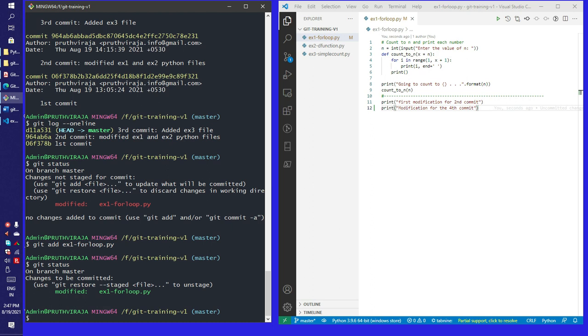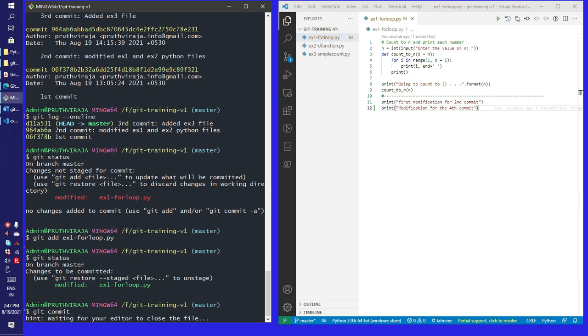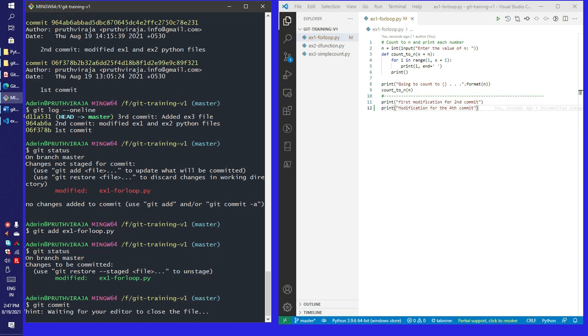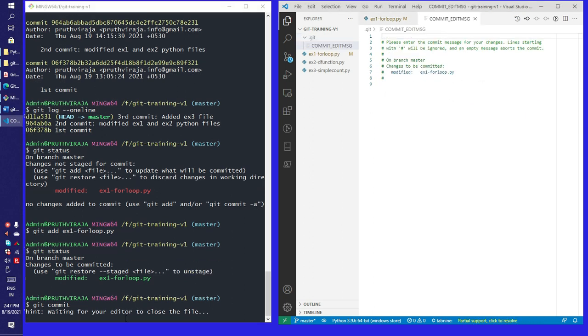So as we said earlier, we are going to commit from the Visual Studio Code editor first. So let us type the command git commit and then press enter. And wait for some seconds. If you observe the Visual Studio Code editor, we can see a new text editing file is open and waiting for our commit message. Let us type the commit message as fourth commit